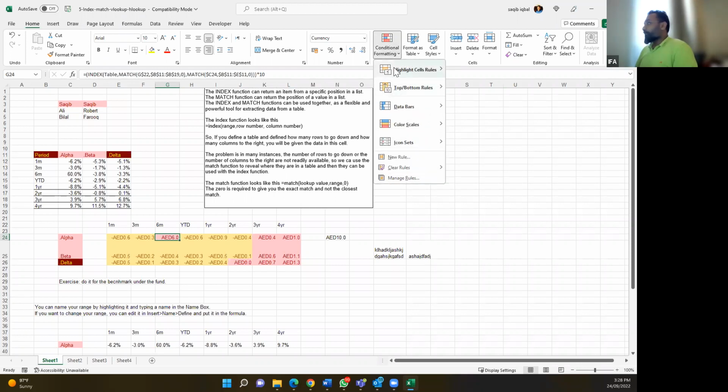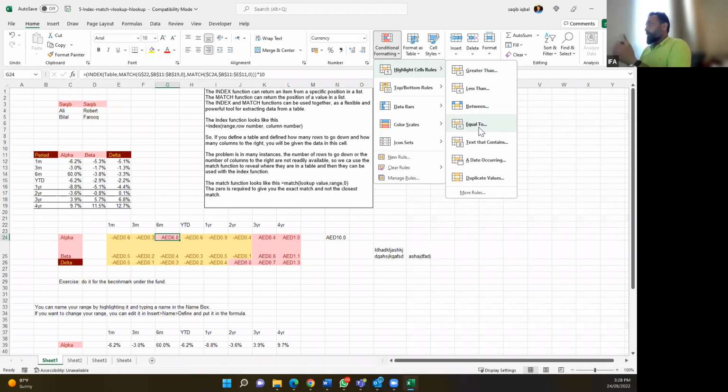There are a lot of other things you can use, like equal to text and contains and so on, but I will not jump into every single thing. We can definitely discuss this later in the next session, because conditional formatting itself is a really big topic. Now